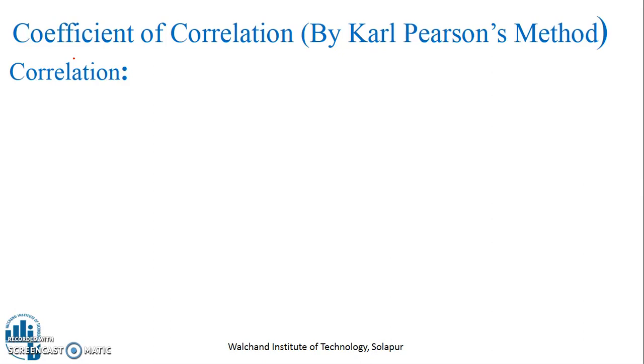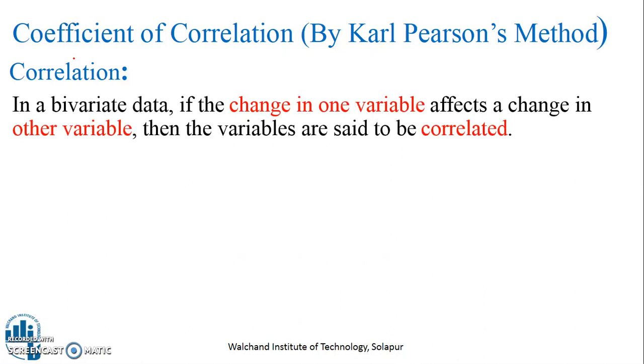Most of the problems in practice are correlated. Most of the variables in practice are correlated. In a bivariate data, if the change in one variable affects a change in the other variable, then the variables are said to be correlated. For example,